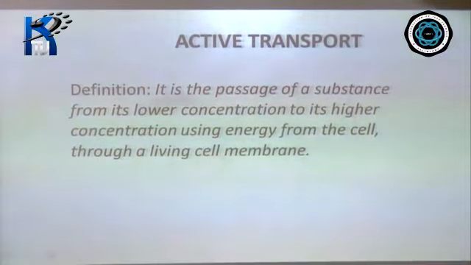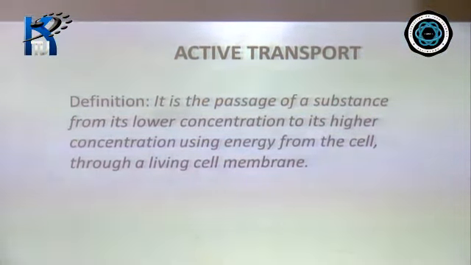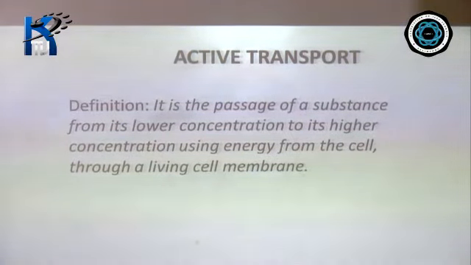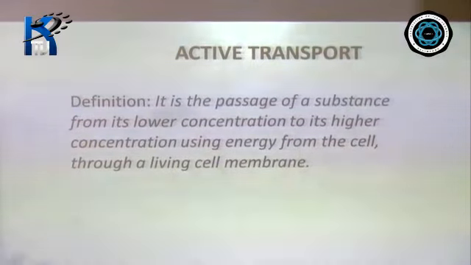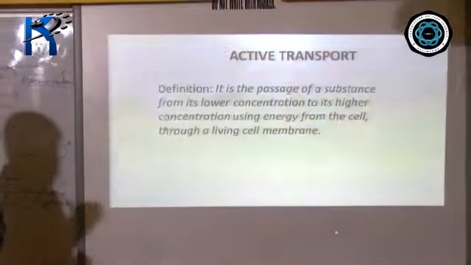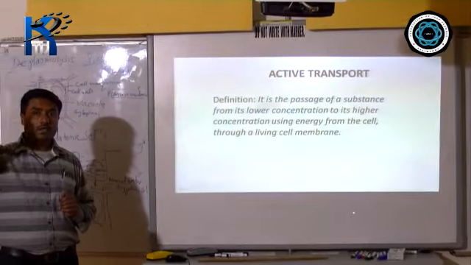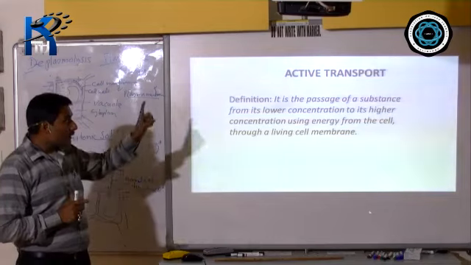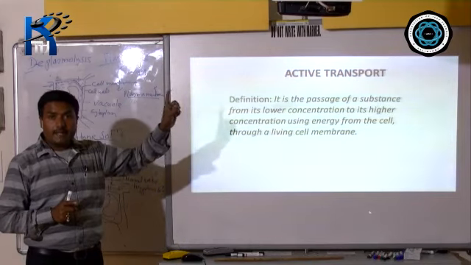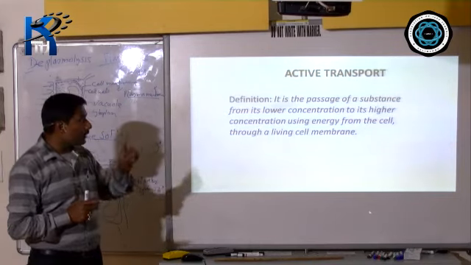Now moving ahead, there is another part of the process of absorption by root, and you call it active transport. What do you mean by active transport? Active transport is when water molecules, the universal solvent, and minerals move from one cell to another, and there is an expenditure of energy. You require energy to make this solvent move from one cell to another. Wherever there is an expenditure of energy, we call it active transport.